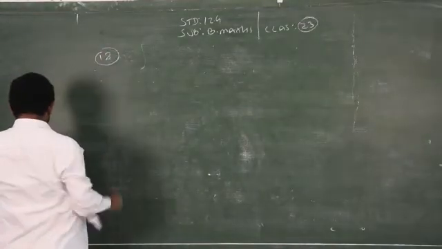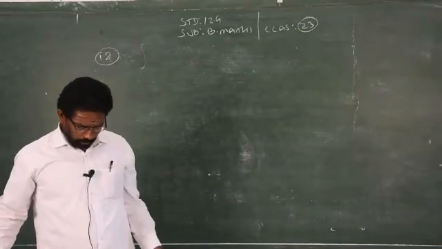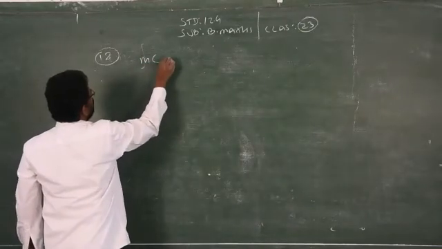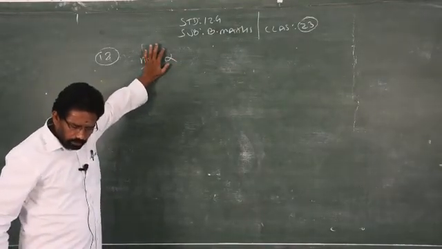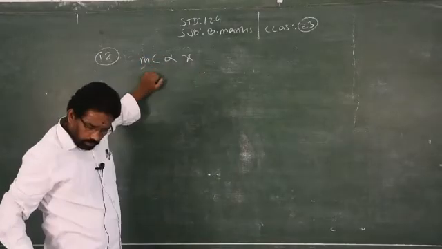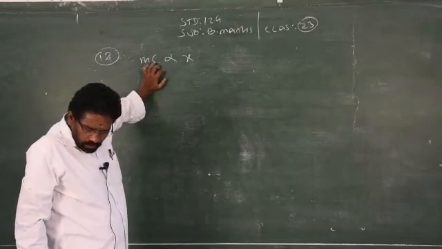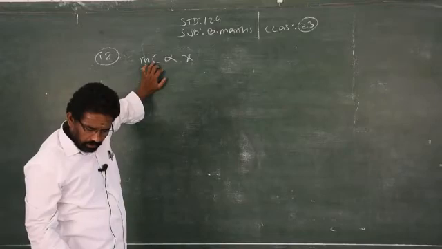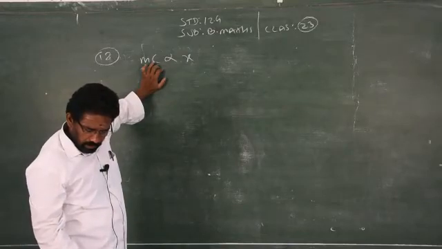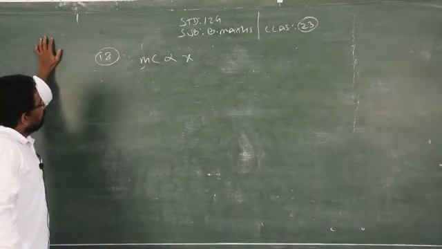Sum number 8 is given. The marginal cost of the production of the company is directly proportional to the number of units. So MC is directly proportional to x, the number of units. Find the total cost function when the fixed cost is 5,000 and the cost of producing 50 units is 5,625. So two pieces of information are given.